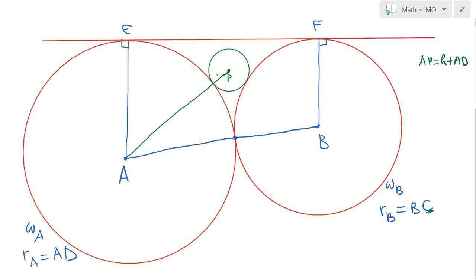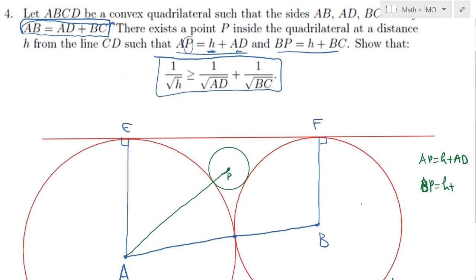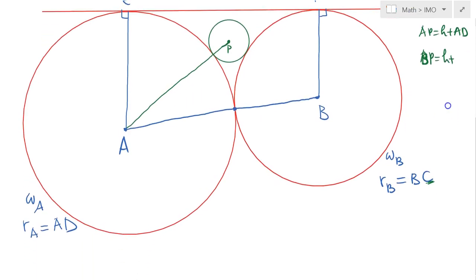But at the same time, h is the distance from point P to the line BC. So I will be drawing it very carefully. Next, we also know that BP must be equal to h plus BC